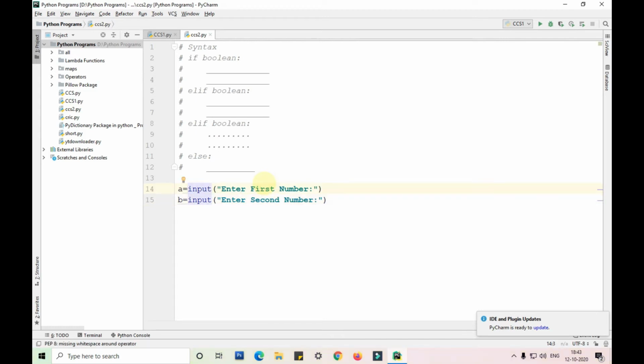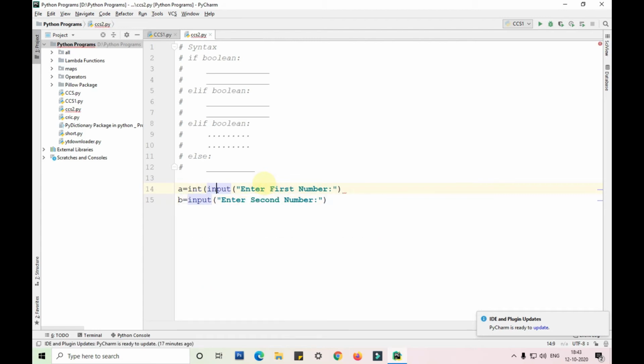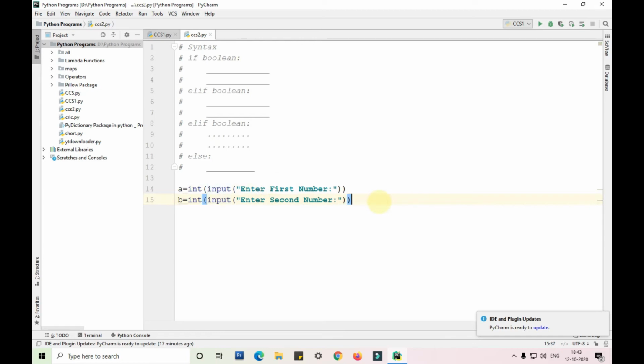Now I'm taking input from the user and I'll convert it to int here. Similarly, I'll also convert the b to int here. Okay. So after taking two inputs, then if